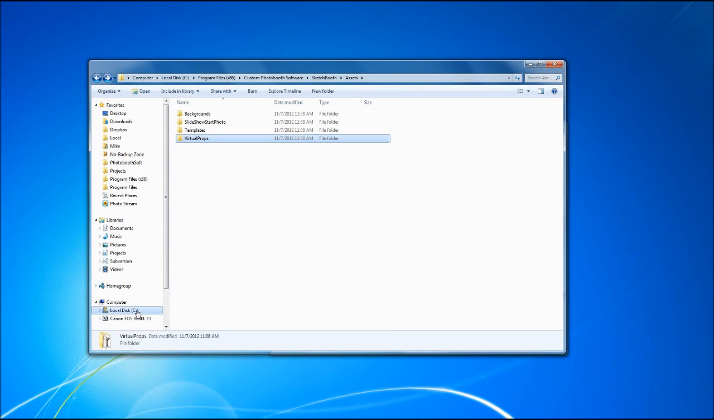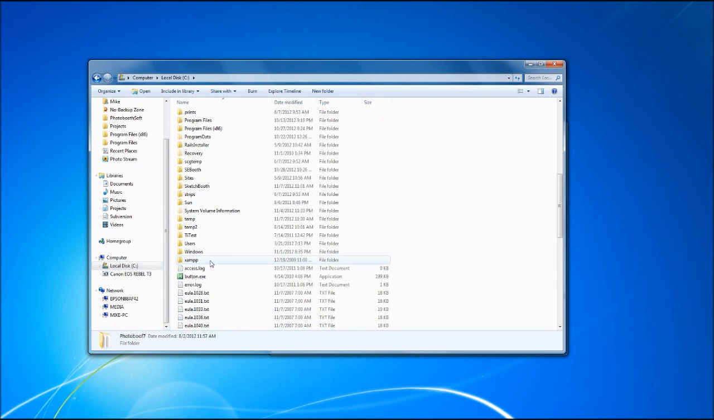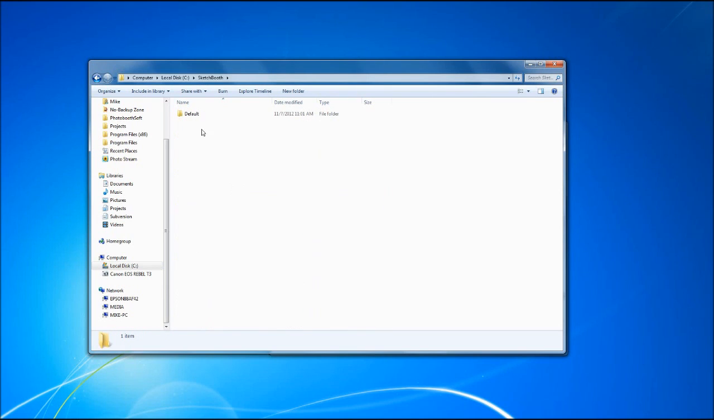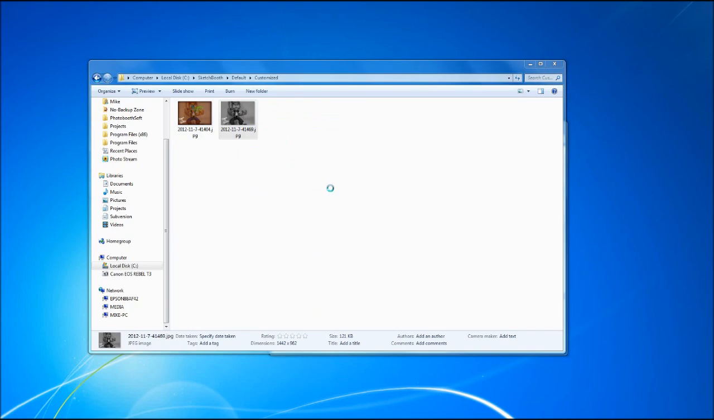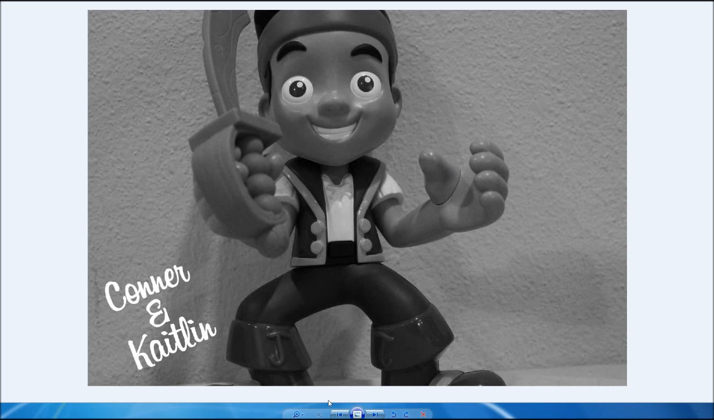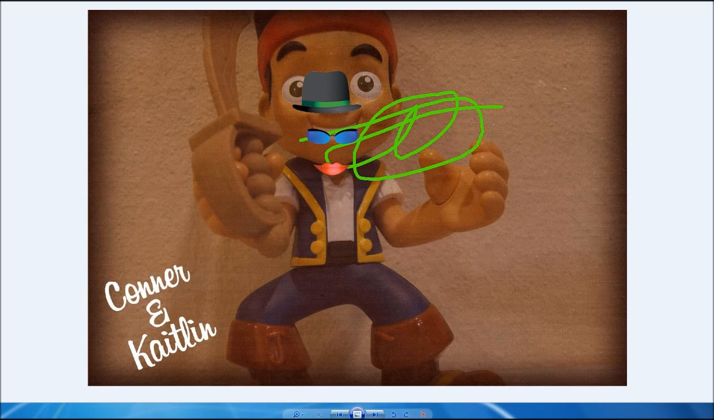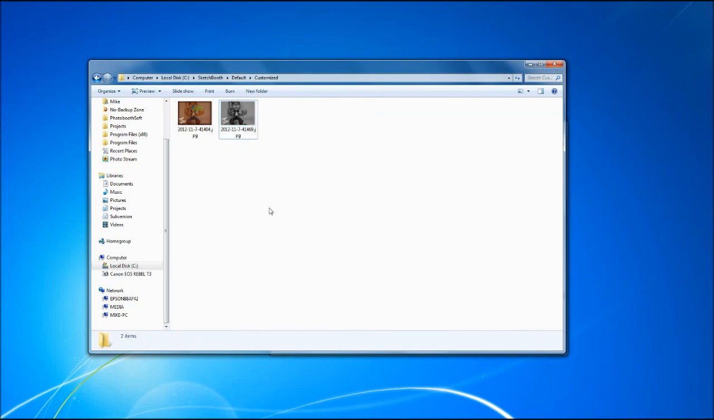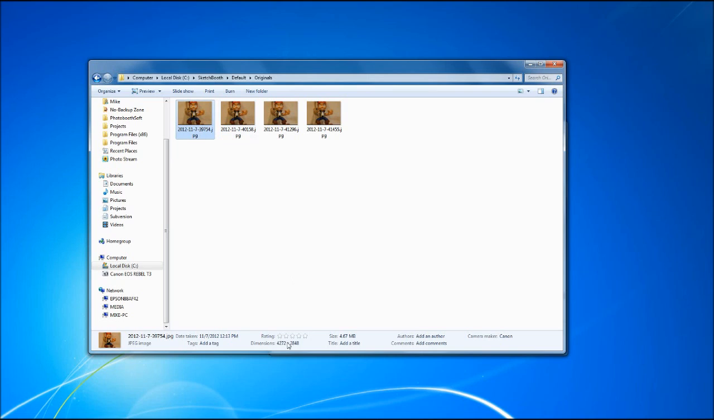The photos are saved. If we go to the Sketch Booth, you can see this is our folder for our default event. These are the photos that go into the slideshow. And these are the customized photos that we've drawn on. If we go back, you can see those are still there. And we always have the originals. You can see these are huge,